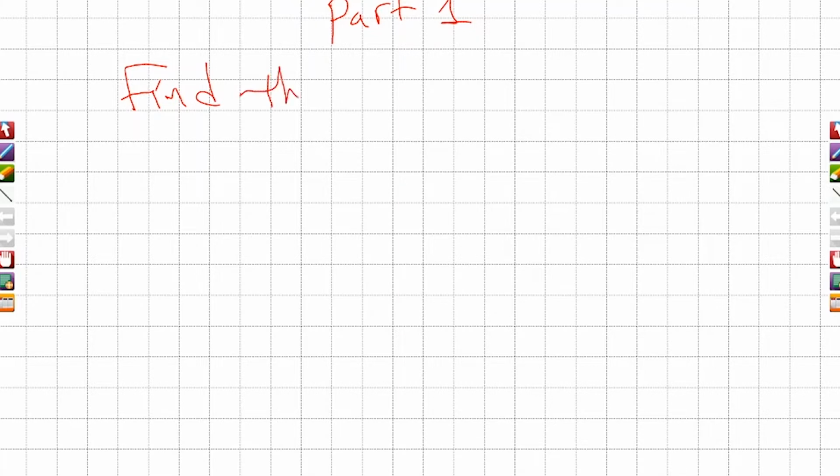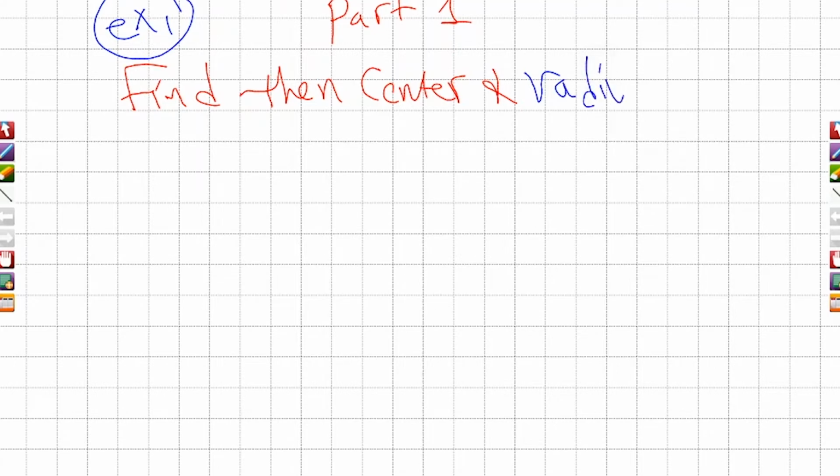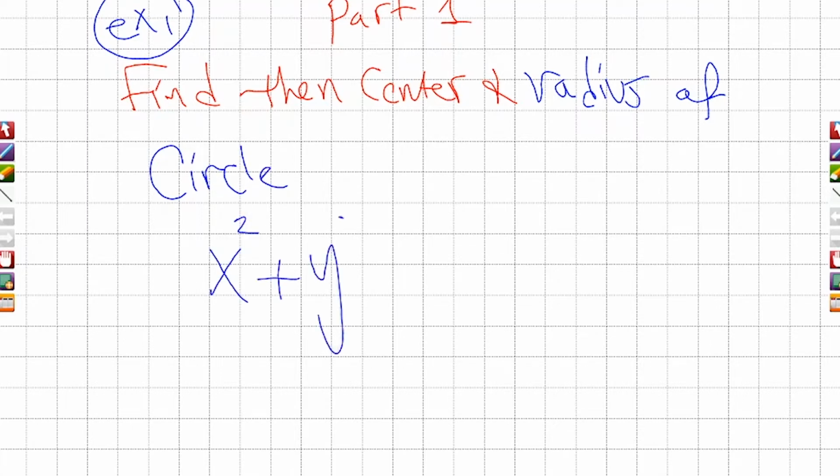Find the center and the radius. This is example 1. Let us see if Safe is able to solve this problem: find the radius of the circle. I'm going to give you an easy one, Safe. x squared plus y squared, it's not easy, but now it's going to be easy, plus 8y equals negative 1.